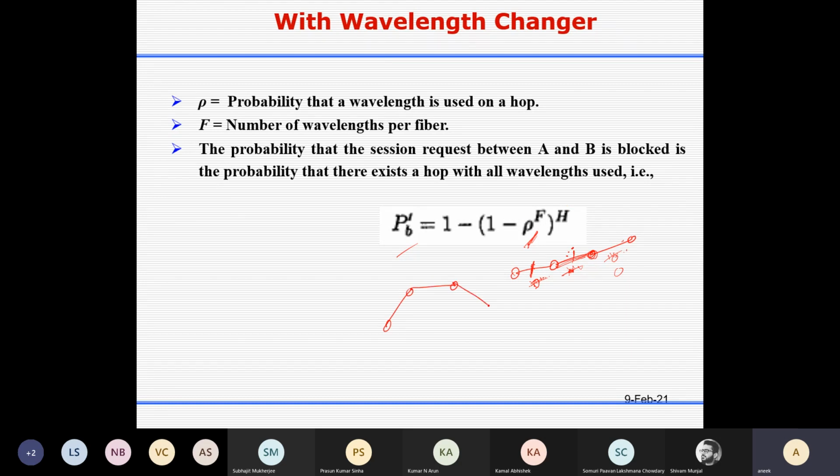So it has different impact on different things. Let's say this is my network. Let's say each fiber can support an infinite number of wavelengths, so that means your f is equal to infinity. If your f is infinite, let's say one request comes. This is your source node, this is your destination node. The light path request you allocate like this. It has a color λ1, and we consider there is no wavelength changer.